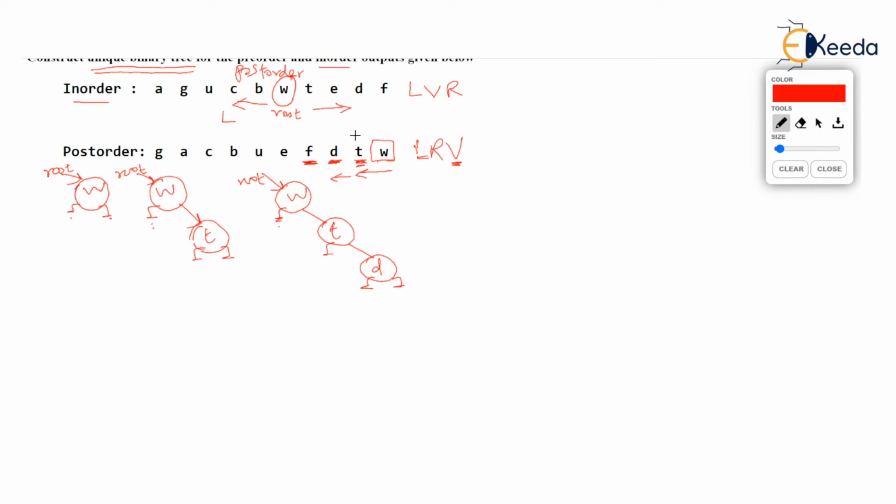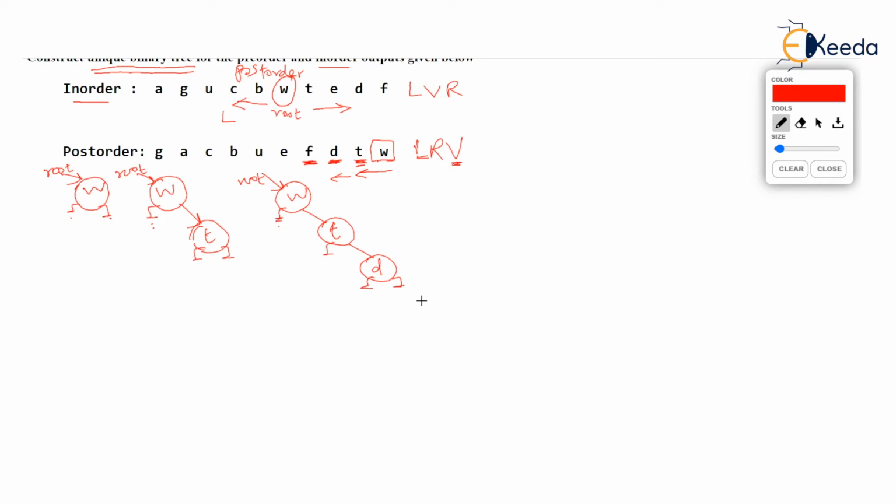But right of T is already D that we have added in our latest tree. So we will go to D and check the new value F. With respect to D, it is to the right. And you can check right of D is vacant. It is null.